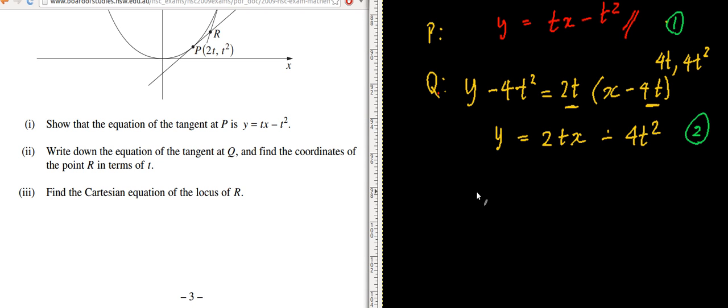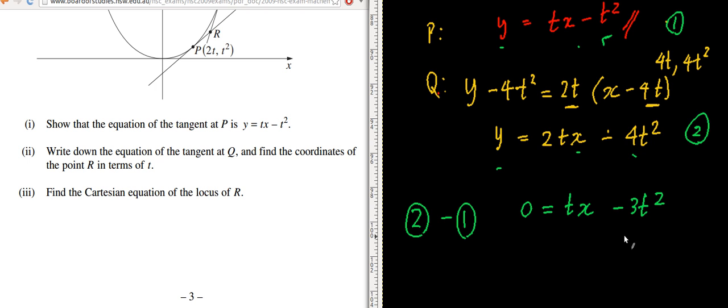Okay, so what am I going to do? So I can simply equate them straight away, right? Because y is equal to y, right? Or actually I'll just go 2 minus 1, right? Just for ease sake. So I'll end up having 0 is equal to tx, right? So because that minus that will give me tx, and this one minus that will end up giving me minus 3t squared. Right, so solving for x, I will end up getting x is equal to 3t, right? Okay, so x is equal to 3t,